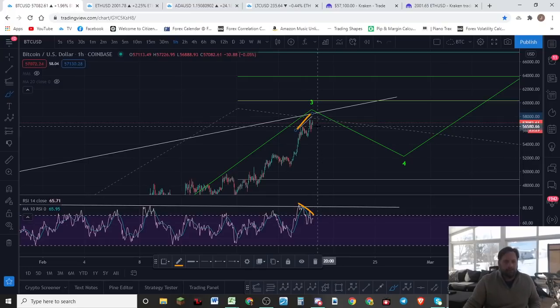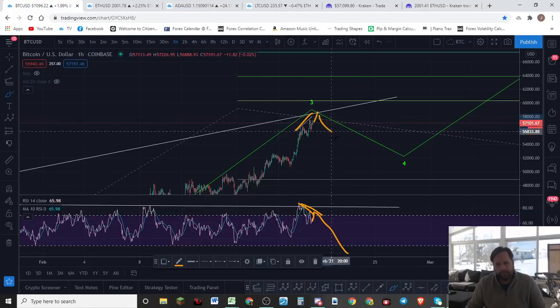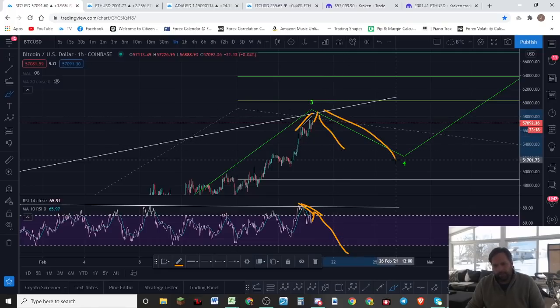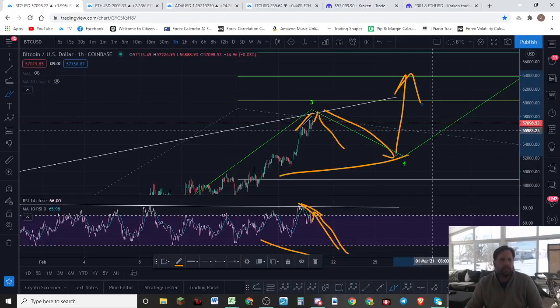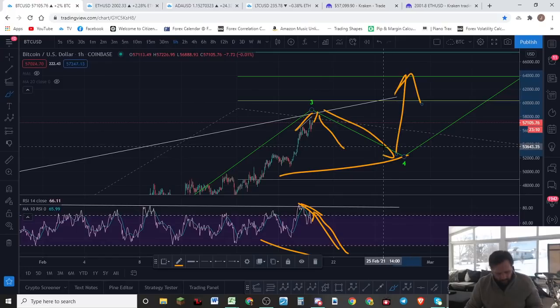Now I'm guessing we're going to make one more local high, and that's going to bring the RSI up a little bit, but it's going to maintain that divergence potentially, and then we head on down from there for a correction. That could be our 4th wave correction. RSI resets, gives us the hidden bullish divergence we're looking for, and then we go up for a 5th wave there. So there's a possibility as well.